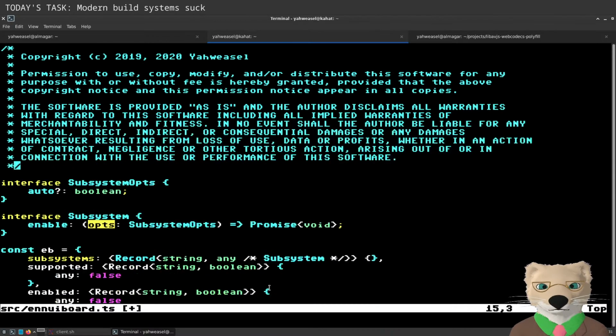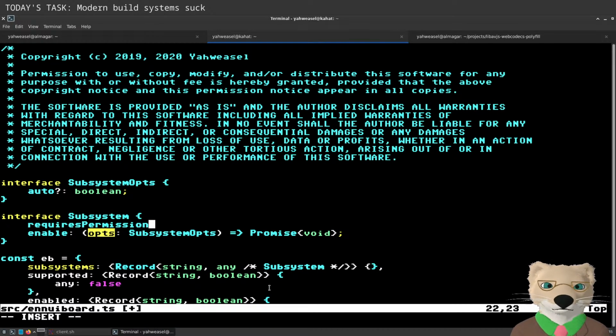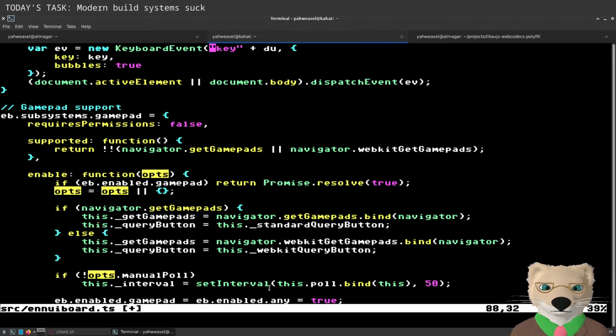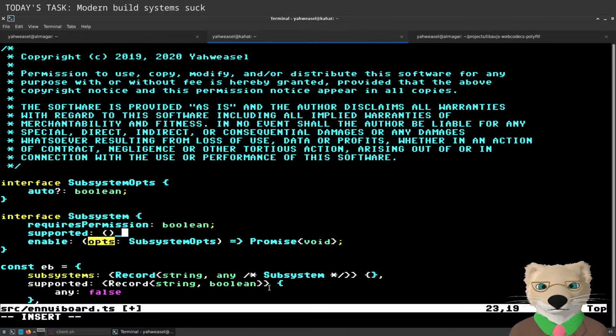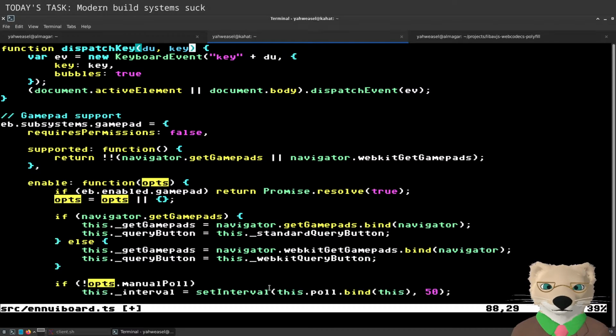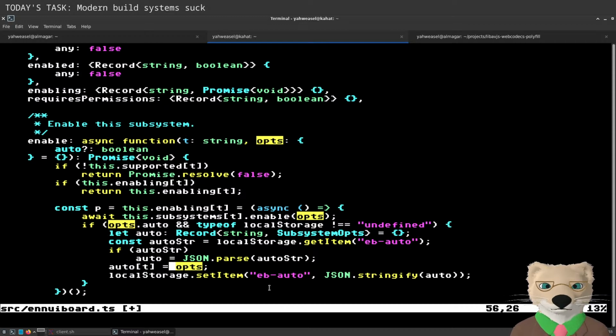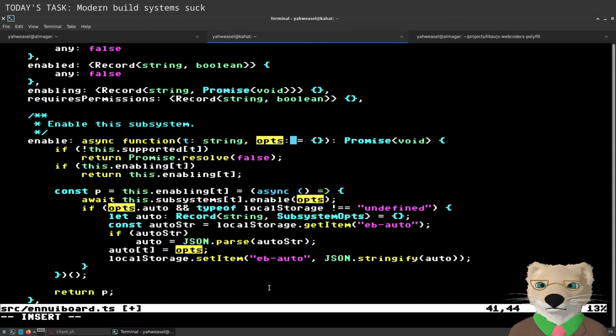subsystems.gamepad. Okay, so provider submission supported. Oh wait, this is no longer like that.